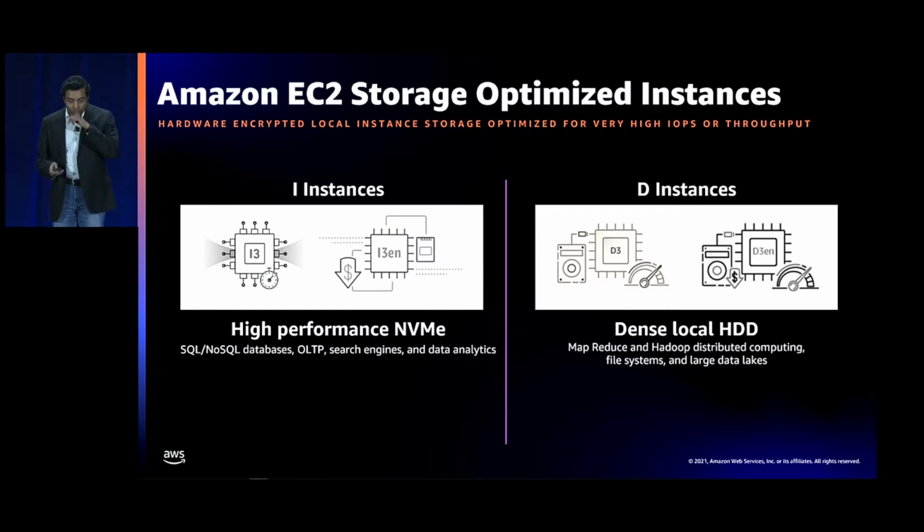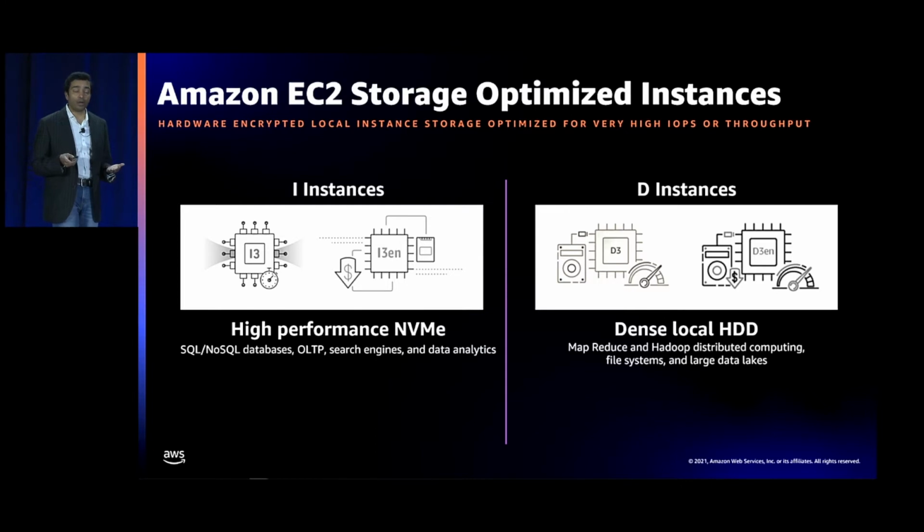So let me start with a general overview of the storage optimized family. Basically, the storage optimized instances are designed to support a variety of workloads which are more I/O intensive, workloads that need access to local capacity. And here we offer 2 choices. One is where you have NVMe-based SSD locally available, which is through the I-instance family, the i3 and the i3en. And the other choice is the HDD-based instances, where you need a larger capacity and significantly lower dollar per terabyte, and those instances are the D family instances.